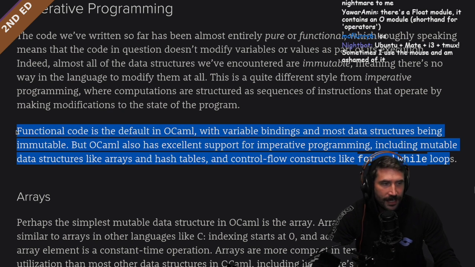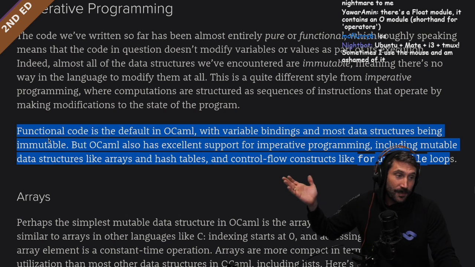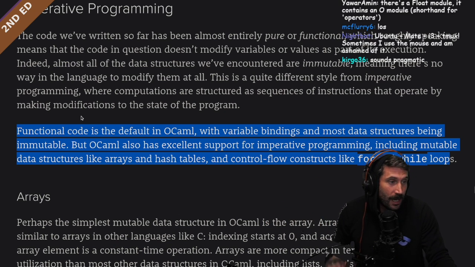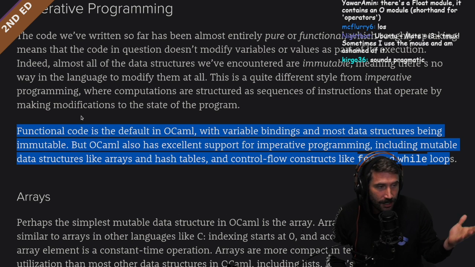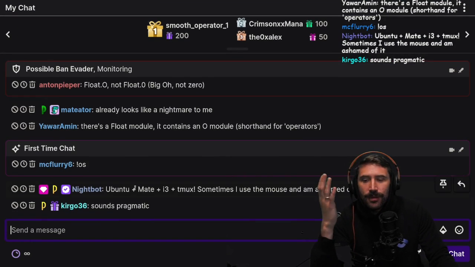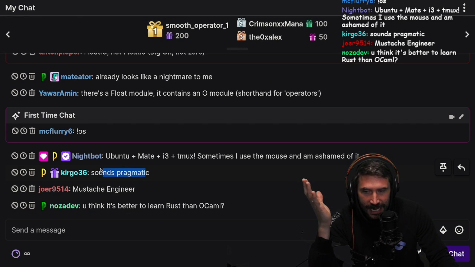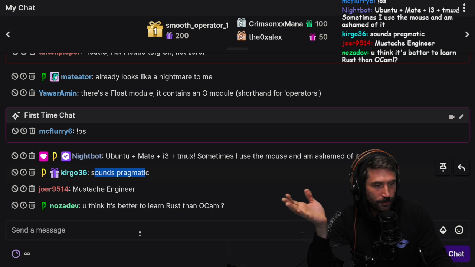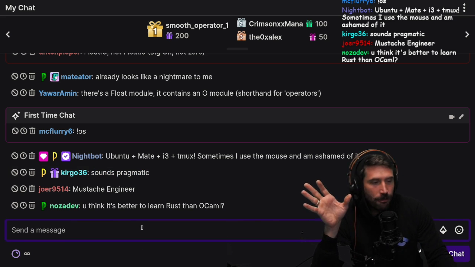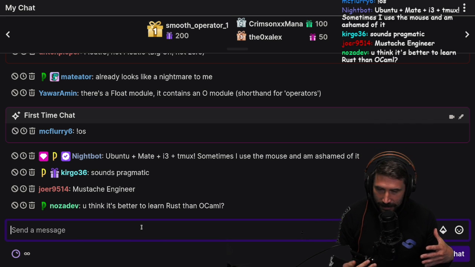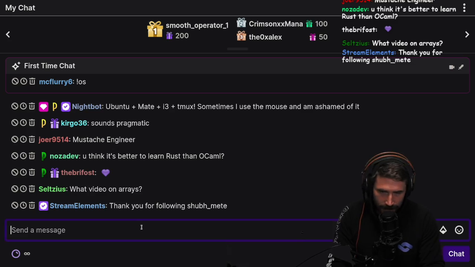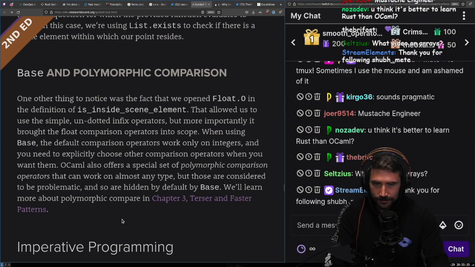I love that. This is great because arrays are just fast, right? We just got done watching a video about how fast arrays are. Again, sounds pragmatic, but this is the whole OCaml thing. As far as I can tell, OCaml is like if a bunch of academics had to get a real job and then used all their brain power to build something that you could actually get something done with. I'm very excited about OCaml. Okay, I know that's very insulting to my Haskellers out there, but hey, you know what I mean?